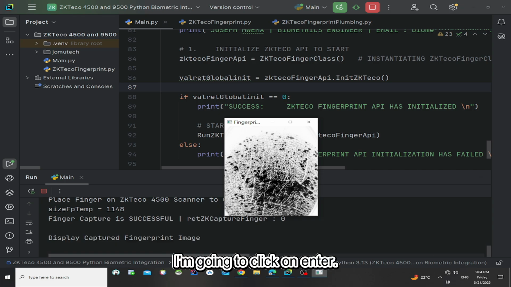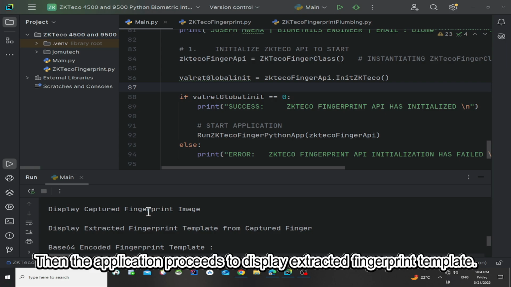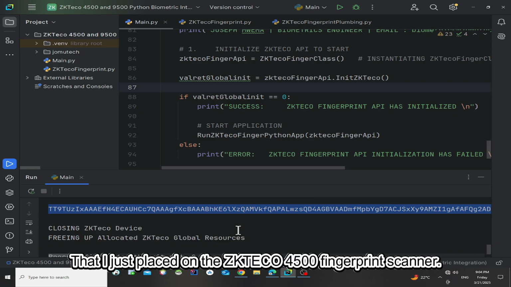So I'm going to press enter, and then the application proceeds to display extracted fingerprint template, and here is the fingerprint template of the left index finger that I just placed on the ZK Teco 4500 fingerprint scanner.